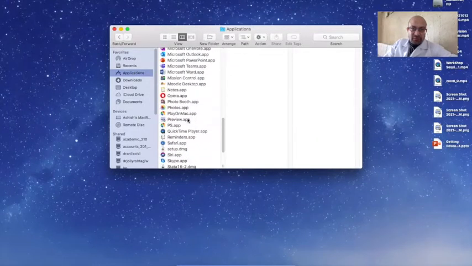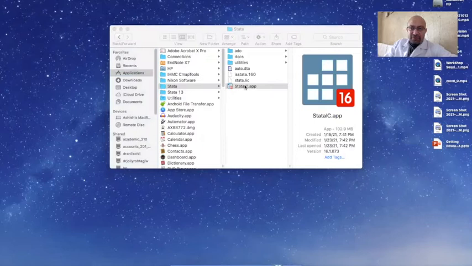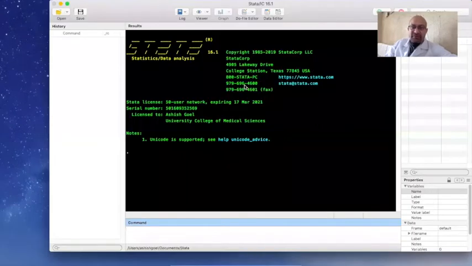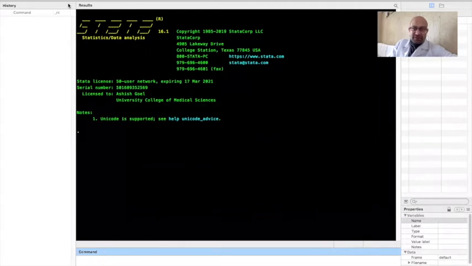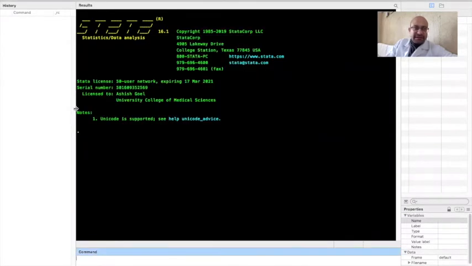So here I'm opening Stata on my computer. If you have not installed Stata, or if you have not purchased Stata, the version that you most likely need is the Stata intercooled version. And this is how the initial Stata screen will look on your computer when you start. So the Stata interface usually has these 5 default windows.